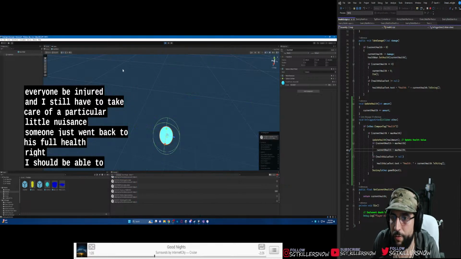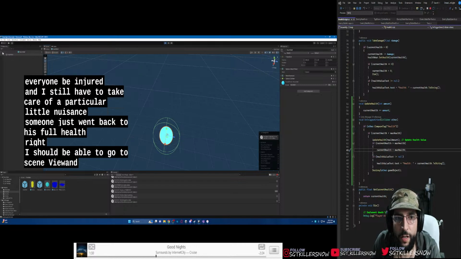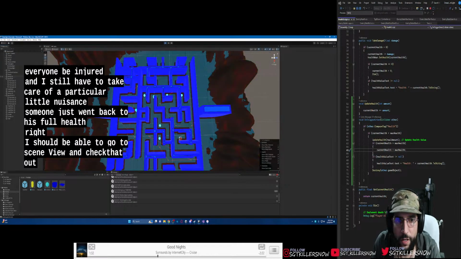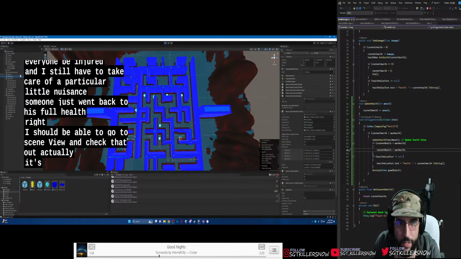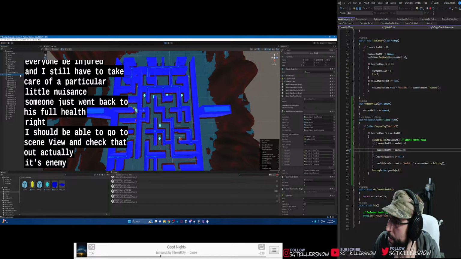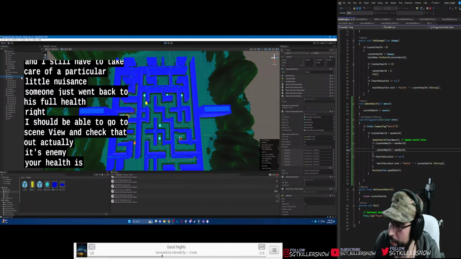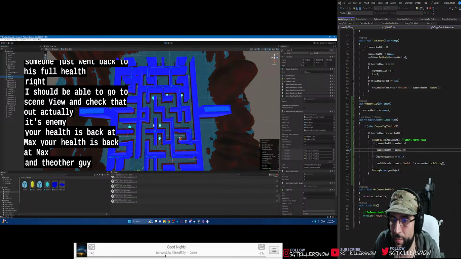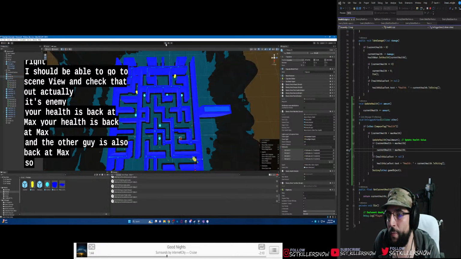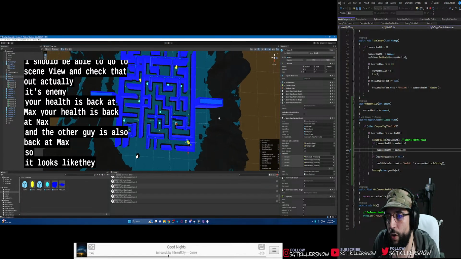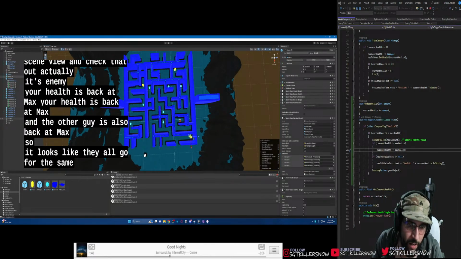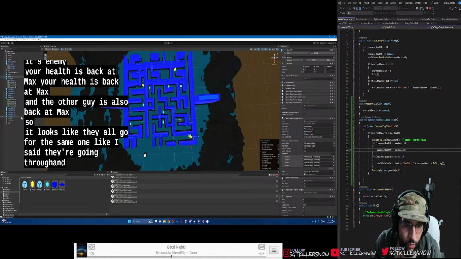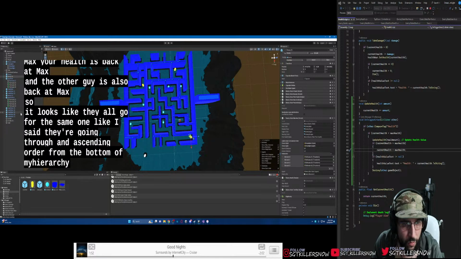I should be able to go to scene view and check that out, actually. Enemy... your health is back at max. Your health is back at max. And the other guy is also back at max. So, it looks like they all go for the same one. Like I said, they're going through an ascending order from the bottom of my hierarchy up when they're looking for